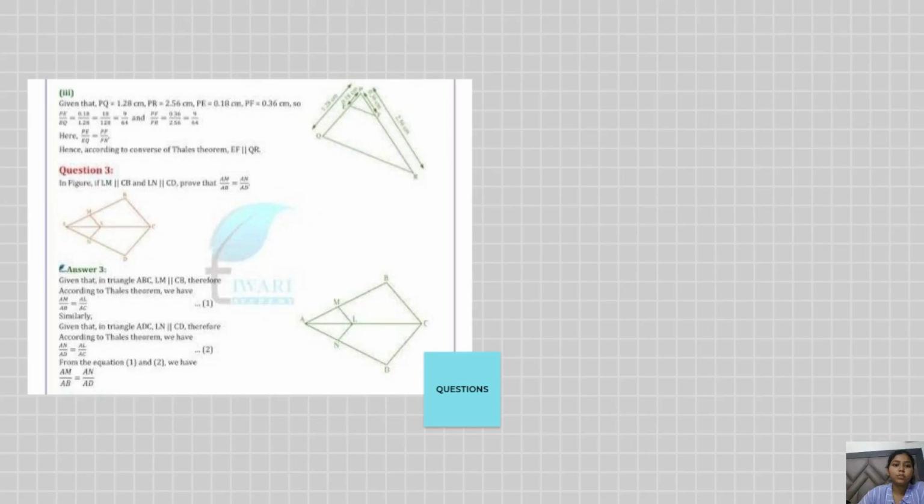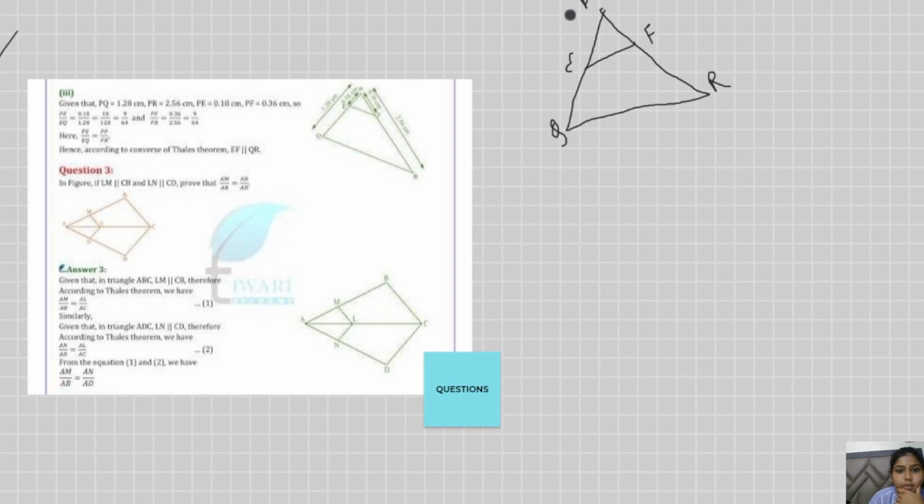So without wasting time, let's have a look at certain questions for the triangle. This is basically based on the BPT theorem and the converse of the BPT theorem. The most important theorems of this chapter are Pythagoras and BPT, and also their converses. So this is the given picture in the first question. I know this is slightly unclear to you, but I'll just draw the picture here and it will be clear then. This is E, this is F, and this is R.